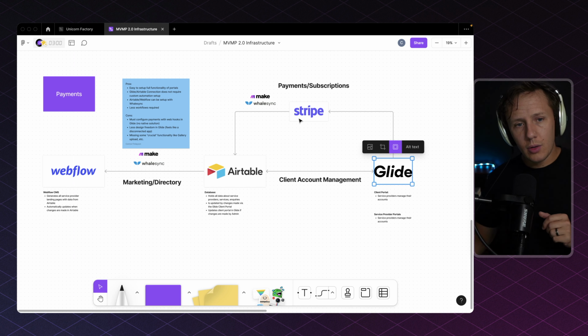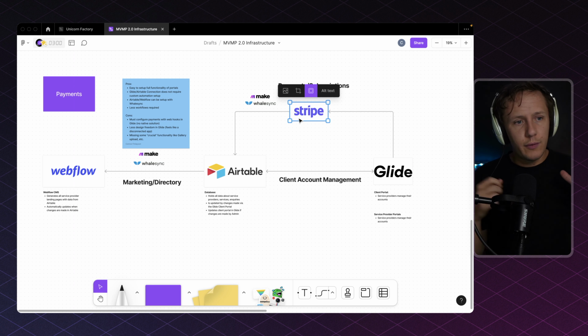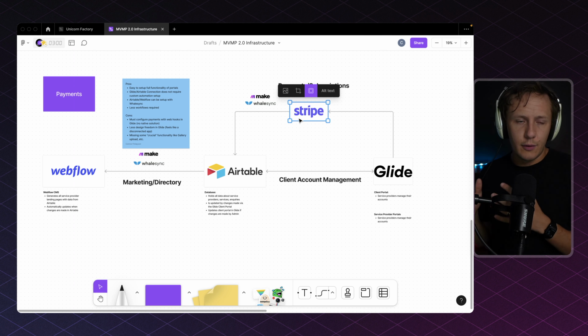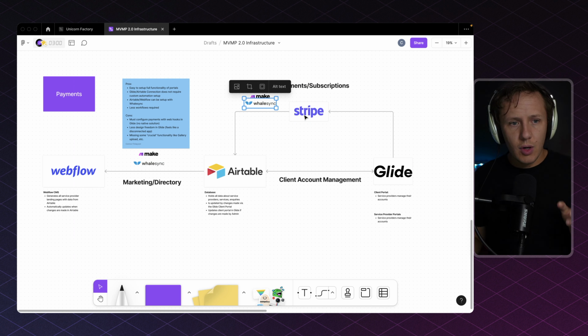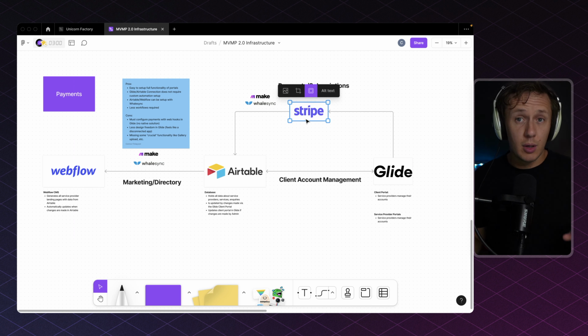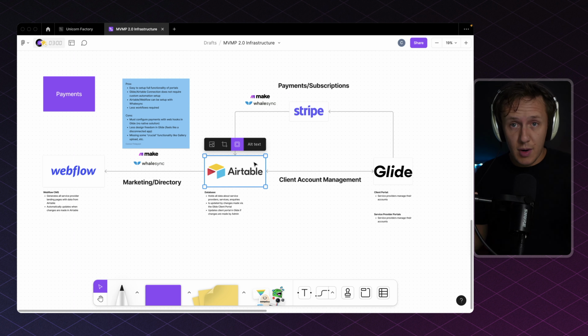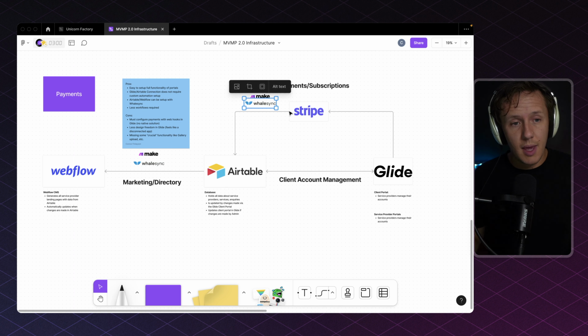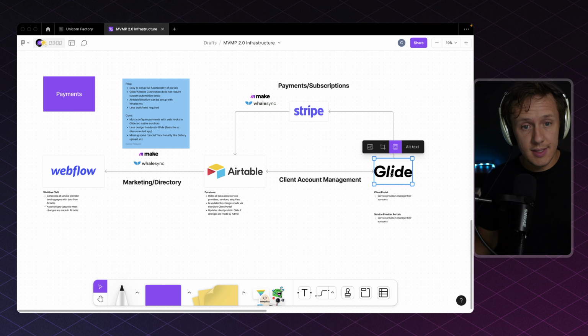Now, a quick little note. Memberstack handles all of the hiding of content for you depending on what membership type you're on. This here will require a little bit more of a manual setup, because what you'll basically have to do is set up a connection between Stripe and Airtable that monitors the status of someone's subscription or payment or whatever it may be, and then update Airtable with that information so that you can then go ahead and set custom rules